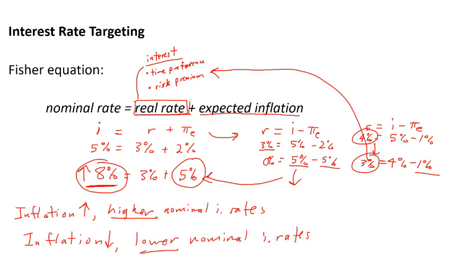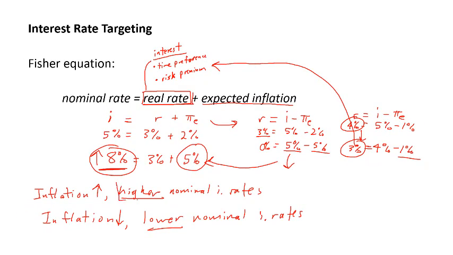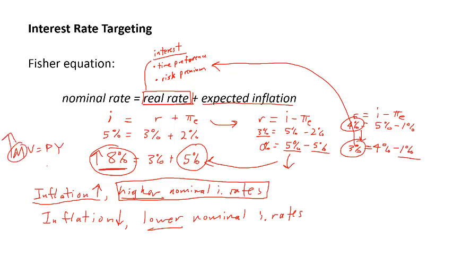Okay, well, what does this mean for monetary policy? If you see higher nominal interest rates, well, that could be the result of inflation rising. And what caused the inflation to rise to begin with? Well, it could have been an increase in money, right? So we could have an excessive increase in money leading to inflation, which is ultimately going to lead to higher nominal interest rates,